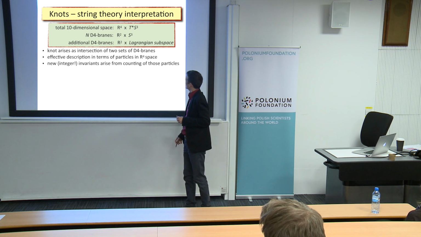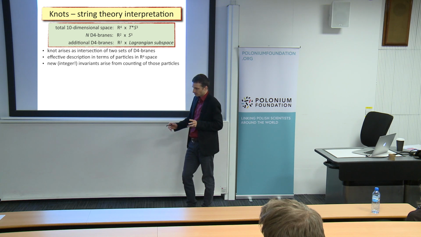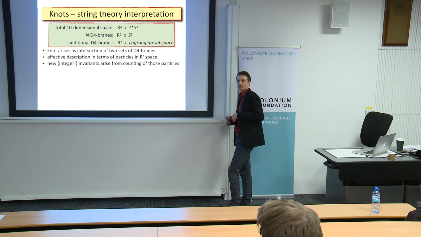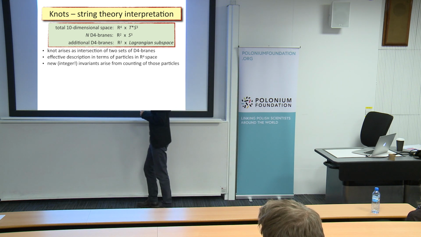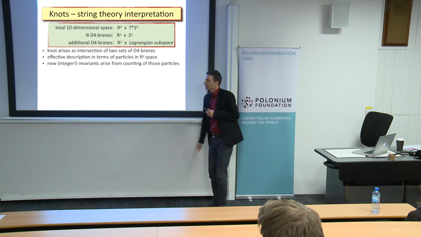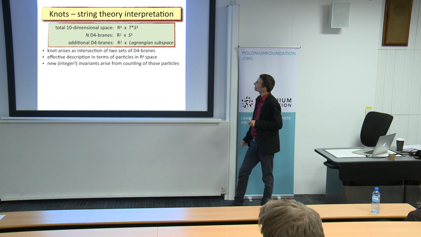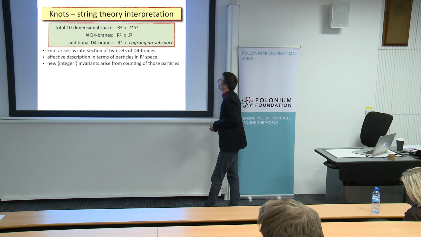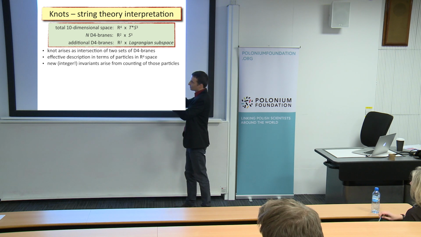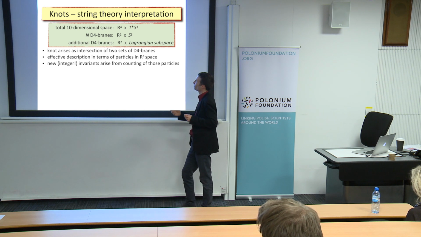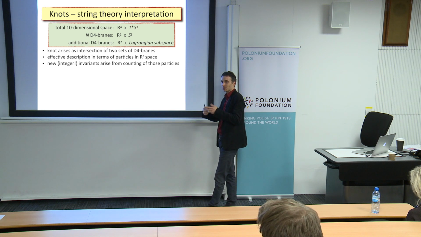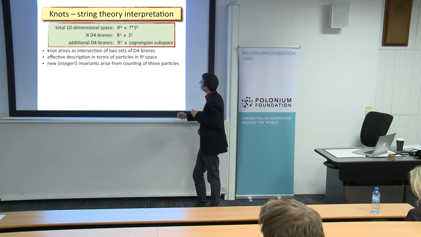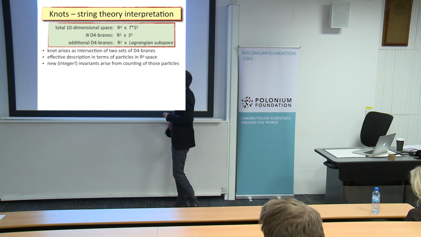So I will not go into too much details, but let me just say that this knot theory system I mentioned before, it happens just in three-dimensional space. So that three-dimensional space is this S3 here. And string theory, as you might have heard, requires having 10 dimensions. So we need to embed these 3 dimensions in 10-dimensional space somehow. And we do that in such a way that we split, first of all, these 10 dimensions into 4-dimensional space-time, which morally are 4 dimensions where we are supposed to live. And then some 6-dimensional space, which in this particular case we take to be cotangent bundle to this S3.